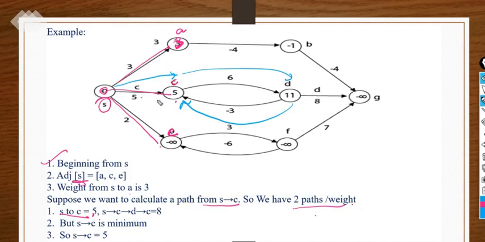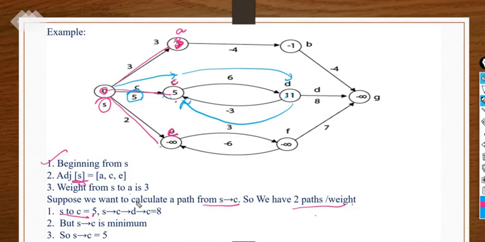Directly you can come with the edge weight of 5. Otherwise, 5 plus 6 is 11, and then 11 minus 3 becomes 8. So which one is the minimum? Of course 5 is the minimum value, so we will not take the other one; we will take this path as final. So for S to C, we have selected this particular edge because it's minimum.